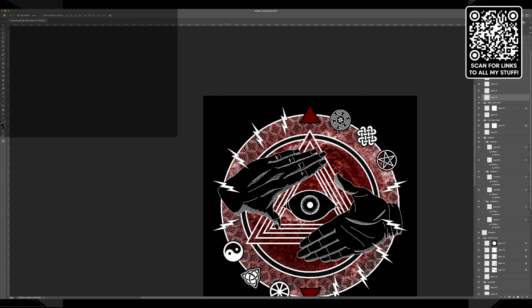I'm thinking the lightning bolts have to be red. The problem is, it's not really a problem. What I did, actually, I can probably solve this really easily. Okay, that's a duplicate. So what I need to do on these, just these, is an invert. Transform, can I not just do an invert?